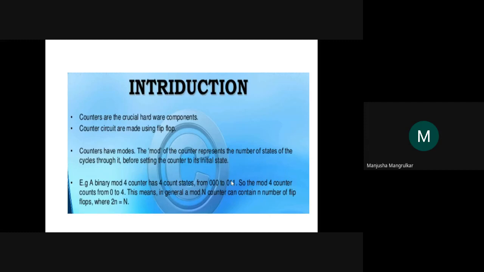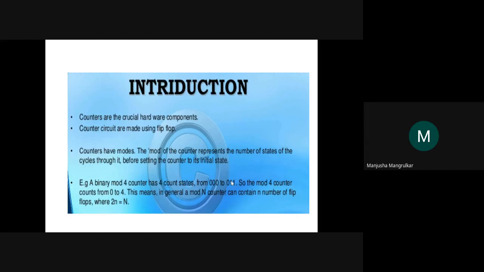But in a register there is no clock pulse, right? It just stores the data. A register has different modes: serial in serial out, serial in parallel out, parallel in serial out, and parallel in parallel out. These are the four ways we can store data in and take data out of the register. So it is for a static purpose, it stores the data. Now a counter is for a dynamic purpose. While the clock pulse is going on, the counter increments or decrements the data by using flip-flops.